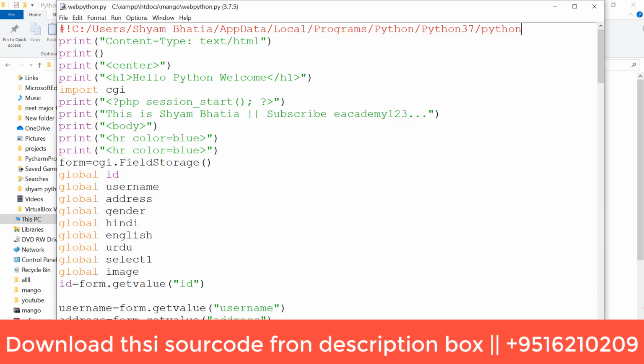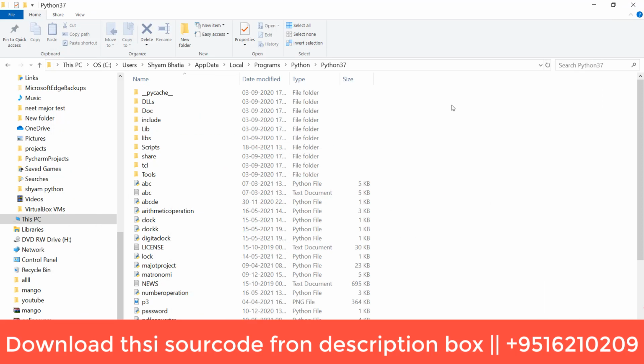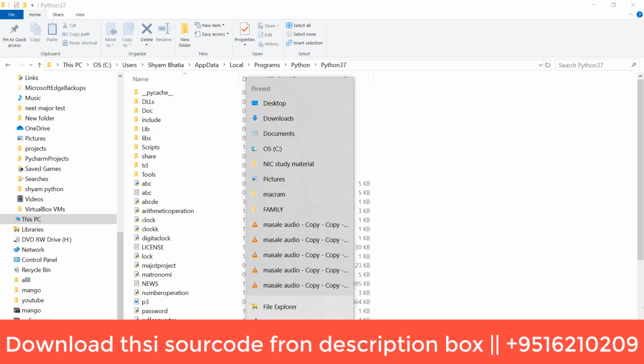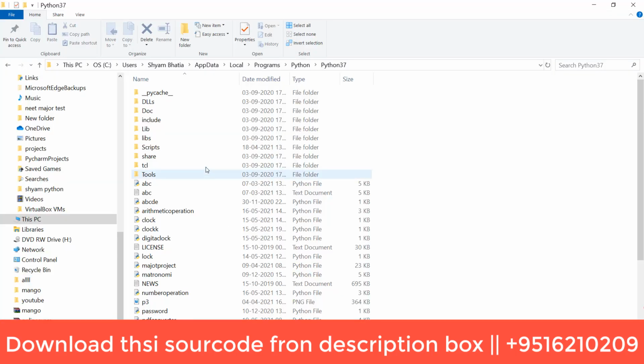Yes, Control S, I have saved, and all these files you have to edit. This location must be edited. And here is one more thing which is very important. Copy the path up to the Scripts folder.